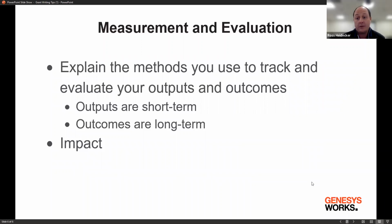All right, measurement and evaluation, super important. Doesn't matter if you're a year old, doesn't matter if you're 100 years old. You need to do it. And if you aren't doing it, start doing it. Basically, as far as the proposal goes, you need to explain the methods that you use to track and evaluate